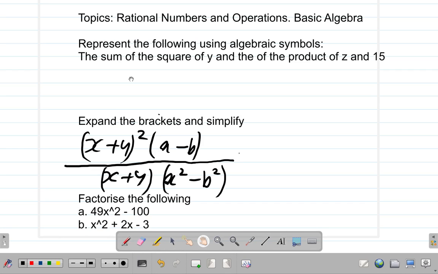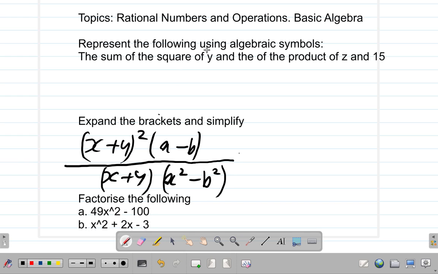These questions will help you to answer the questions in the assignment on rational numbers and operators and basic algebra. That assignment which I had put up for you to do. Alright? Now, first,